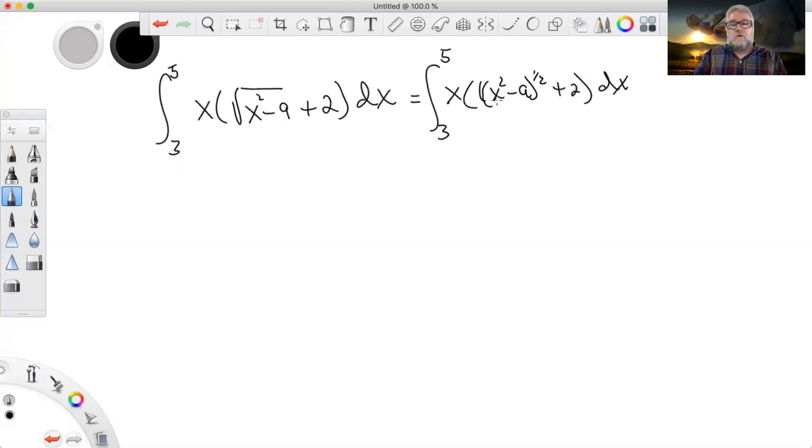Okay, so, well, this is a u to the n, right? This is a function raised to an exponent. And so this is going to be a u du kind of thing. But what do we do about this 2? That's kind of weird. Well, I don't know. Let's distribute the x through here. So it'll be the integral from 3 to 5 of x times (x squared minus 9) to the 1/2 plus